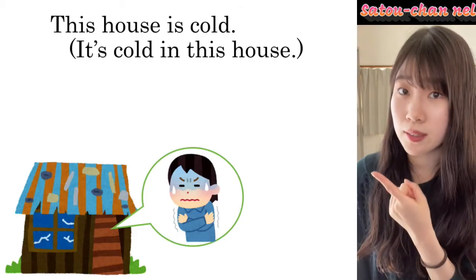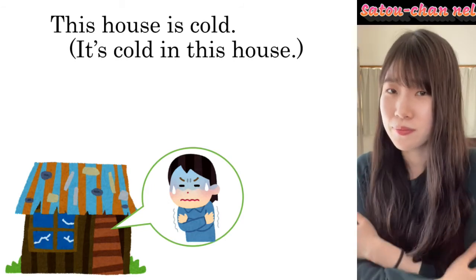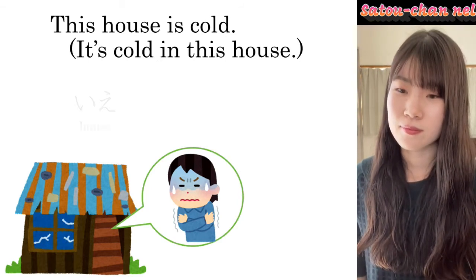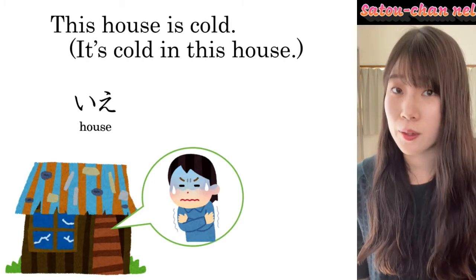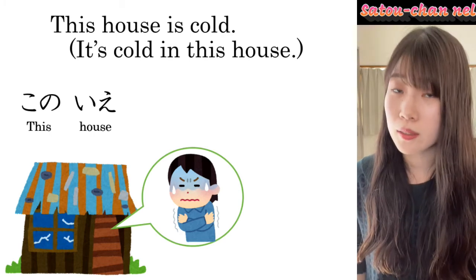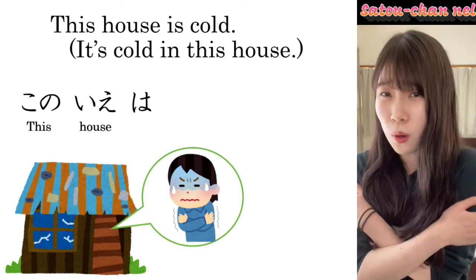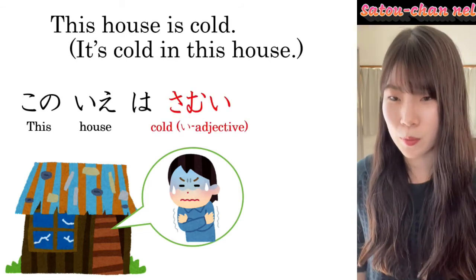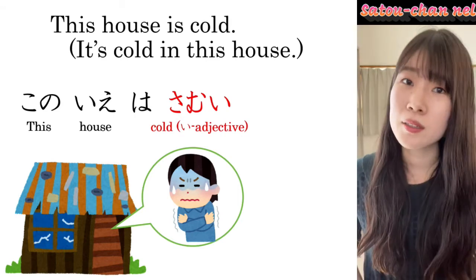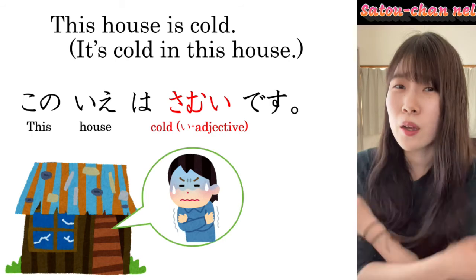Please translate this sentence. This house is cold. It's cold in this house. Do you remember how to say house in Japanese? 家, house. And then this house is この家. この家は cold, 寒い. It's an e adjective, 寒い, and then don't forget to add です. この家は寒いです。